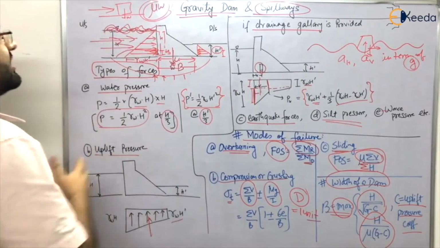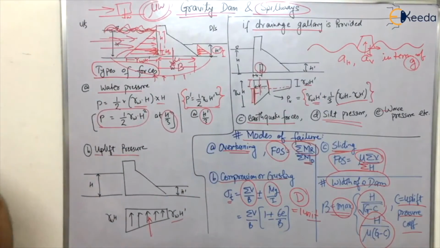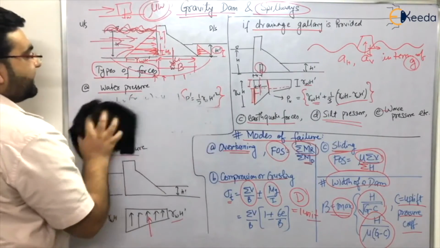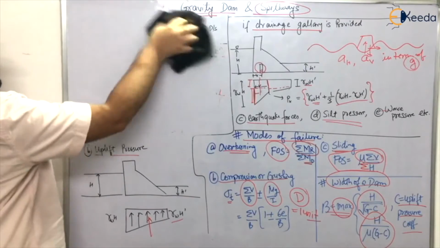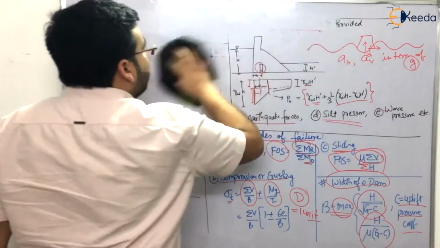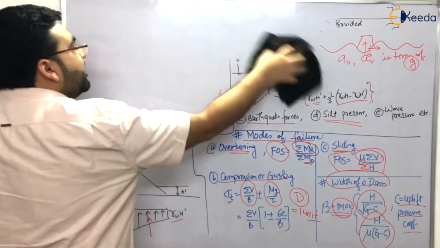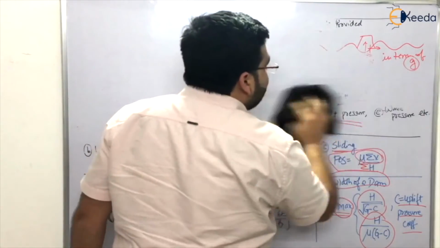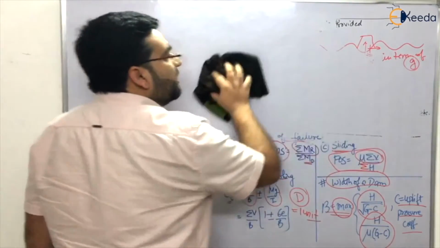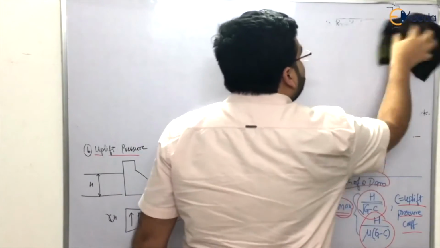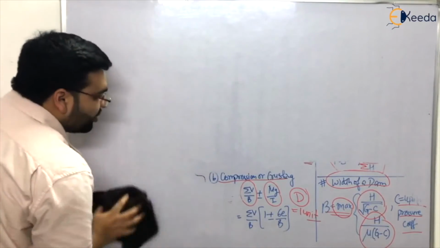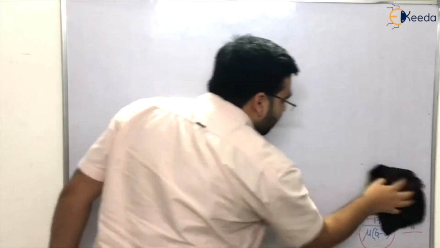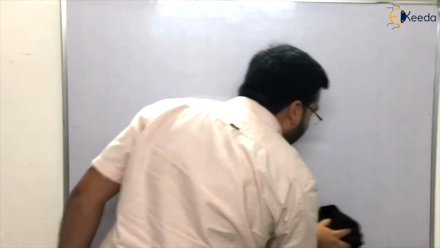Okay. Now let us understand about the spillways. What are spillways? Let us say that you have a gravity dam, or a weir, or a barrage. If the water level is very high, then to divert the surplus water, we construct some water structures, and those water structures are known as spillways. What they actually do is spill over the additional or surplus water.